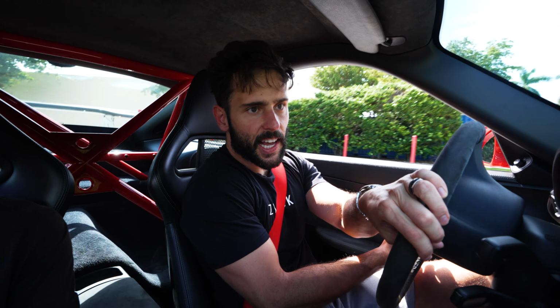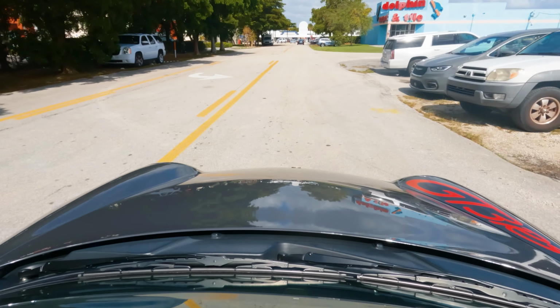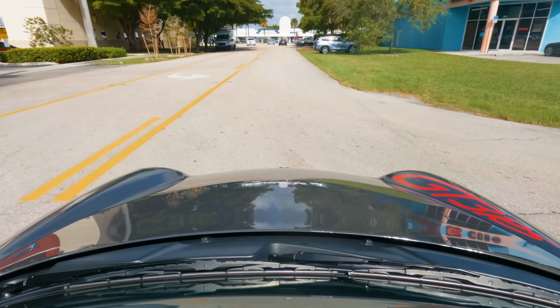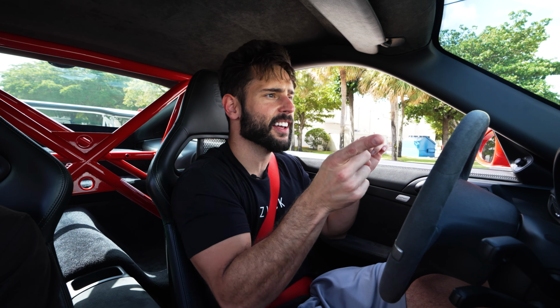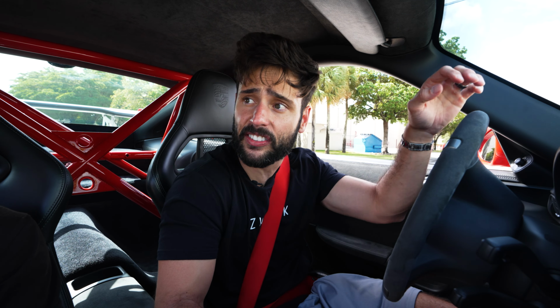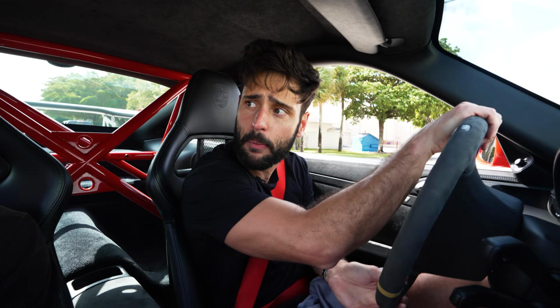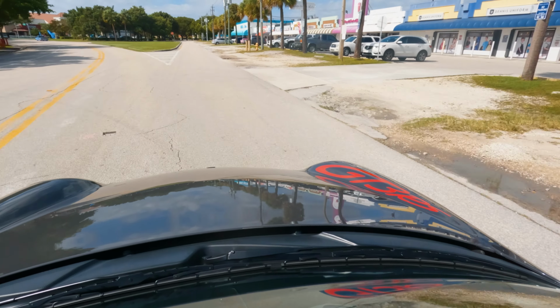Now, I took off the redline pedals that this car had because I hated the way that they sounded. They vibrated and it sounded cheap, but it's become exponentially harder to heel-toe because this flywheel is so light. It's weird. You have to give it so much throttle input, and then when it finally reacts, the tach goes all the way to redline in a millisecond. So yes, it takes so much experience to be able to drive this car properly, but when you get it right,